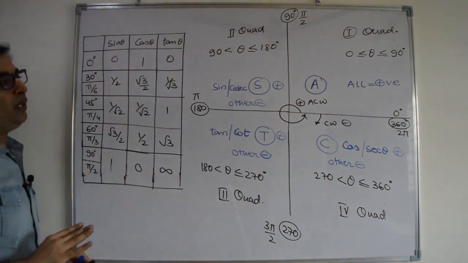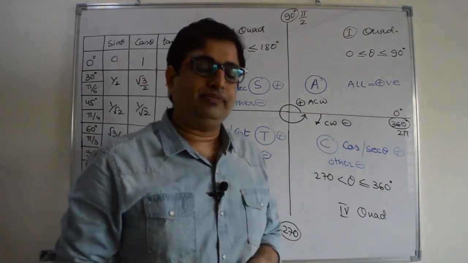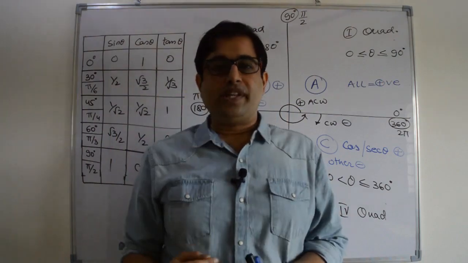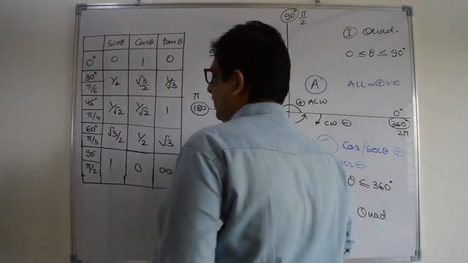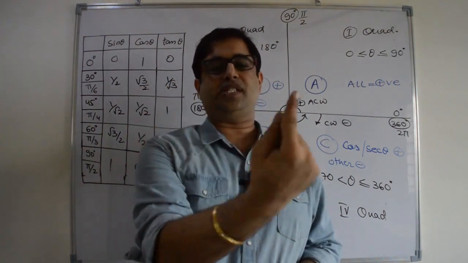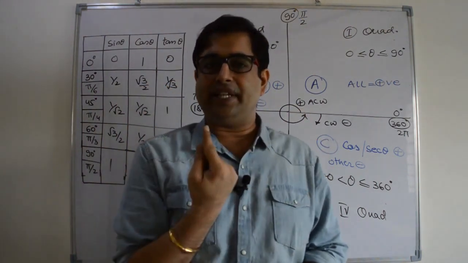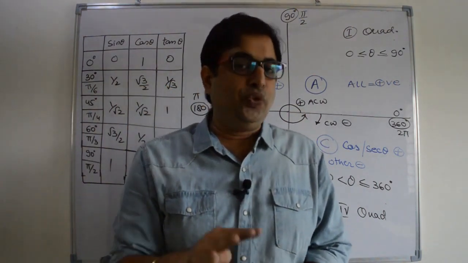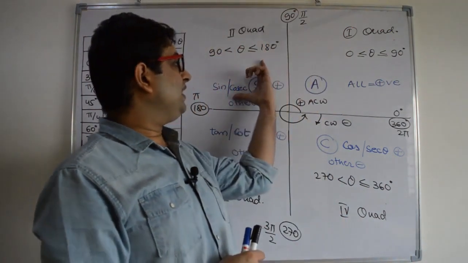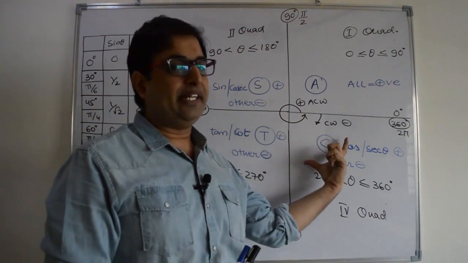Right? Now let us see the quadrant system. Complete 360 degree. What is 360 degree? 360 degree is the complete rotation. This complete rotation of 360 degree, right, we can divide into 4 equal parts: 90 degree, 90 degree, 90 degree and 90 degree, right?